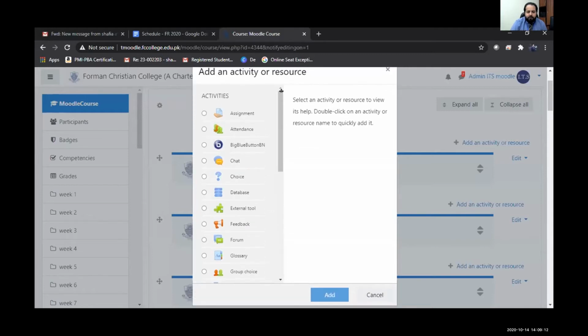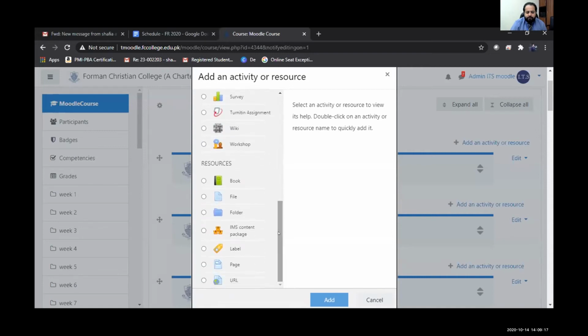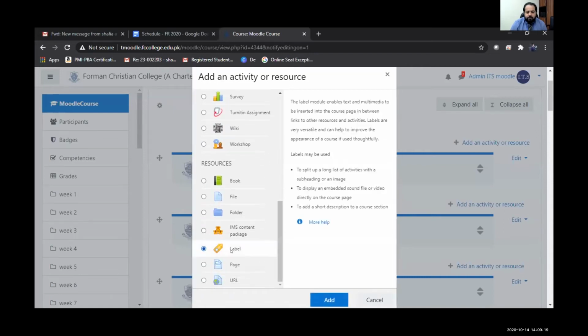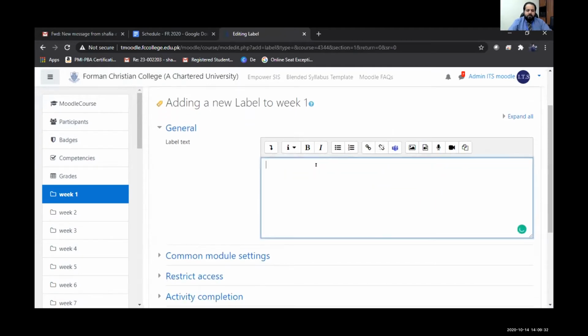And under the list of resources, there is a resource named label. I'm simply going to add this. And I'm going to come to this page.